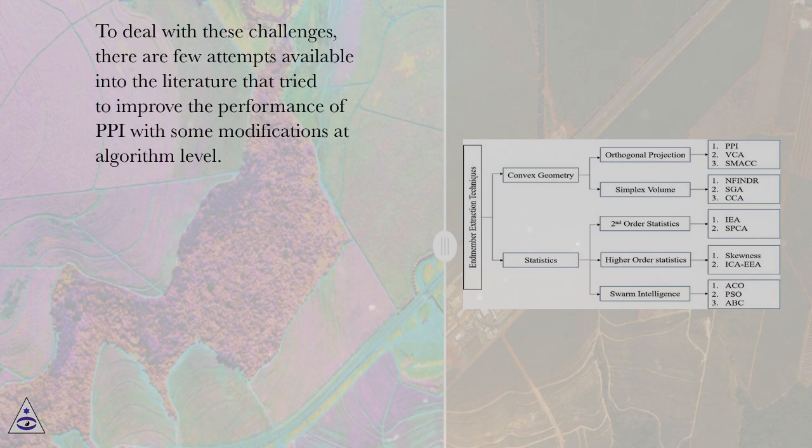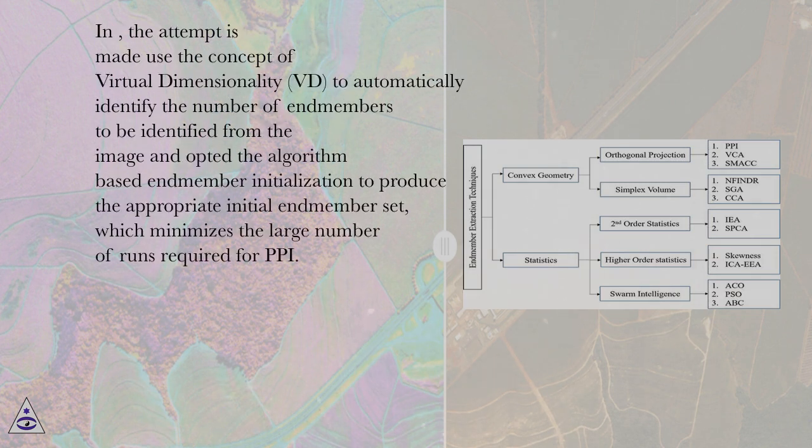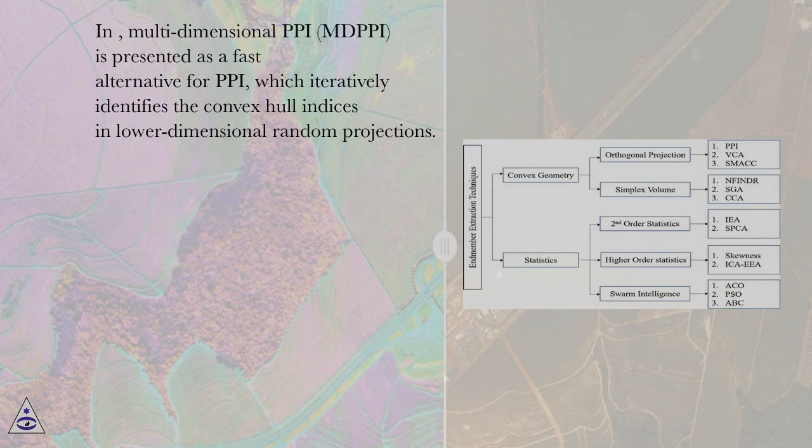To deal with these challenges, there are a few attempts in the literature that try to improve the performance of PPI with modifications at the algorithm level. One attempt uses the concept of virtual dimensionality, VD, to automatically identify the number of end members to be identified from the image, and opts for algorithm-based end member initialization to produce an appropriate initial end member set, which minimizes the large number of runs required for PPI. Multidimensional PPI, MP, is presented as a fast alternative for PPI, which iteratively identifies the convex hull indices in lower